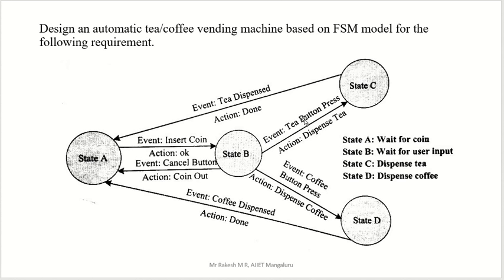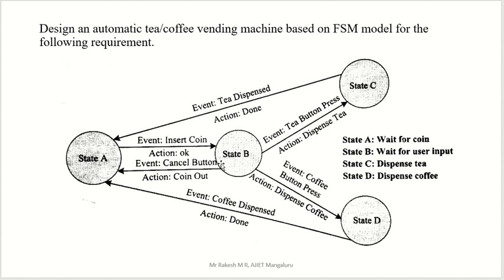And what is the action taken by your state machine? Dispense tea. When the T button is pressed by the user, the action taken by your machine is dispense tea, that means it will take action to give tea to the user. So where will that action be performed? Here in the C. What is that? Dispense tea. You will get tea in the cup near the vending machine in this part.